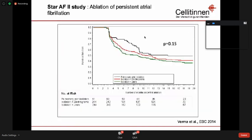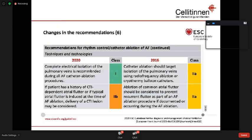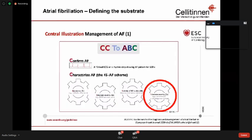And the STAR-AF study has shown what to do in atrial fibrillation. It has compared pulmonary vein isolation with additional atrial ablation in lines or electrograms. And this study has shown that pulmonary vein isolation is as effective as ablation in the left atrium, so the guidelines mention that complete electrical isolation of the pulmonary veins is recommended during all AF catheter ablation procedures. So this is the cornerstone, pulmonary vein isolation is the cornerstone in catheter ablation of atrial fibrillation, still in